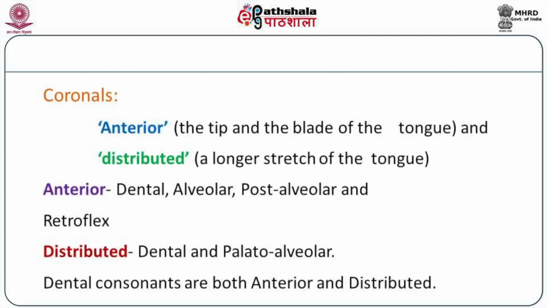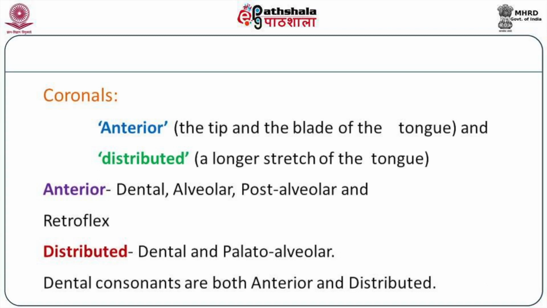Coronal sounds have at least 2 main features, namely anterior and distributed. Some of the coronal consonants are those in the production of which the tip and the blade, a small part of the tongue, is involved. These are said to be anterior consonants. There are consonants such as t, which are anterior consonants, and there are consonants such as the retroflex consonant t